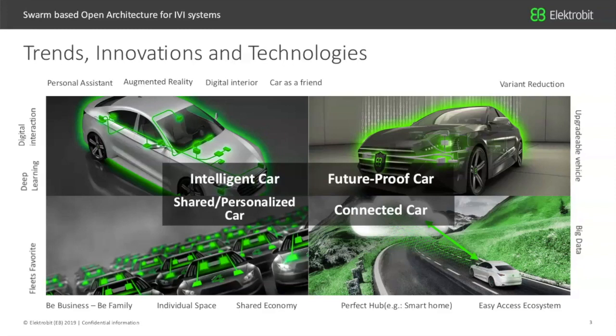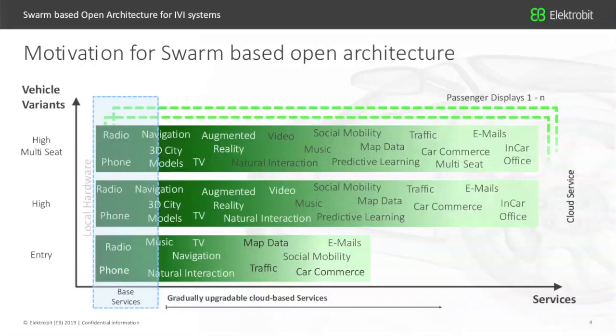So I can bring in any smart devices inside the car and it seamlessly gets connected to it so that I can access everything. So these are the four broad areas that are going to drive the future of our vehicle, the infotainment system. So with that, I move on to the next slide, which talks about the motivation for